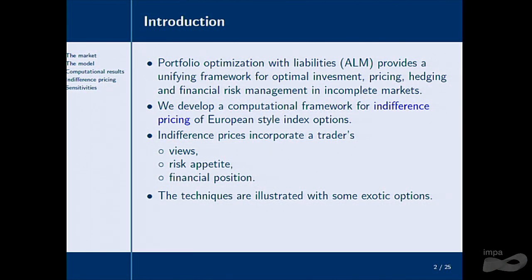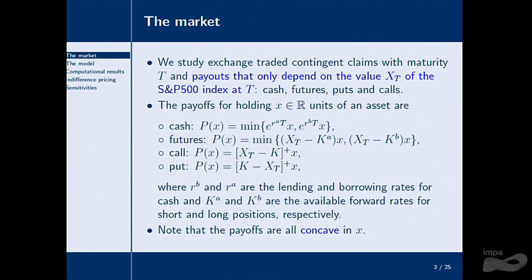So this is just saying the same thing that I've been advertising the whole morning here. ALM provides a nice umbrella framework for pricing things. In this example, I'm only looking at indifference pricing, not the accounting values. And here's the problem. So I'm looking at a very simple market sector, which is the